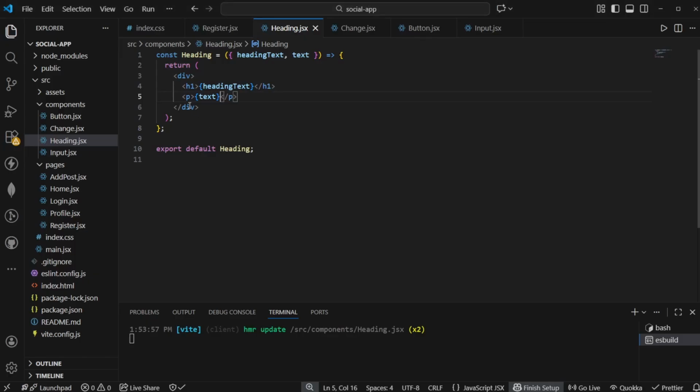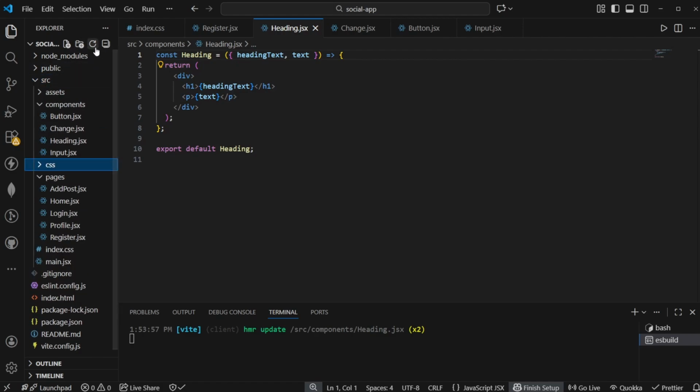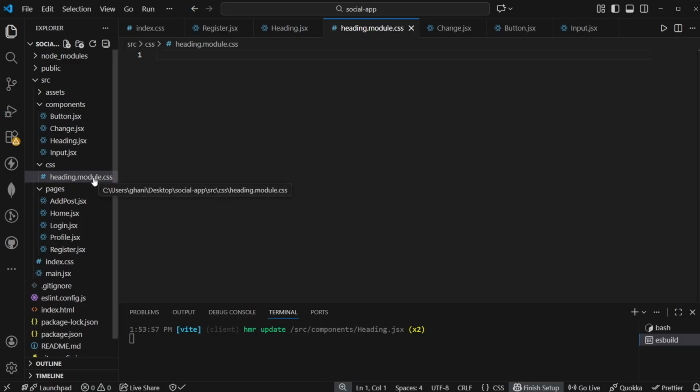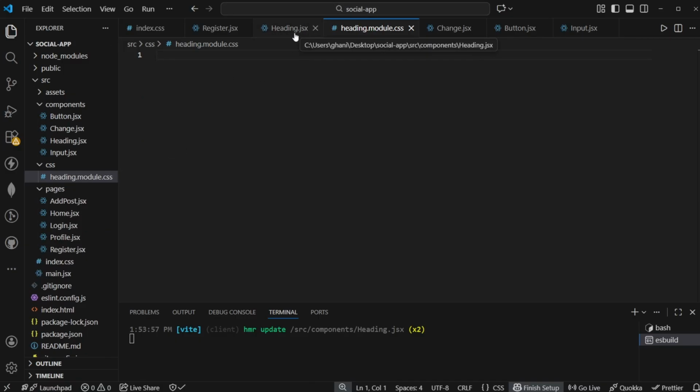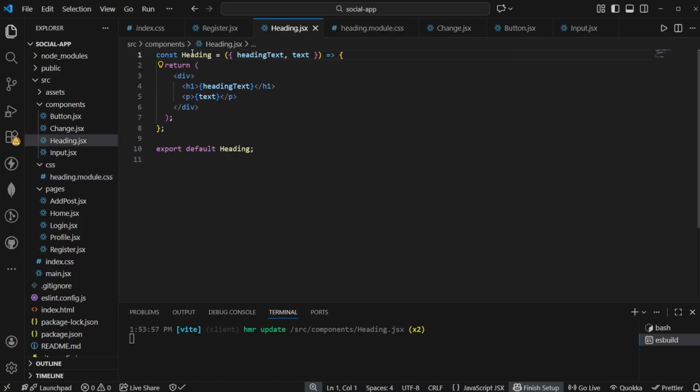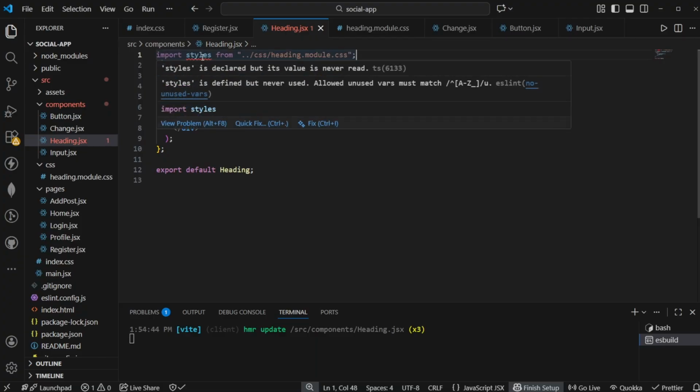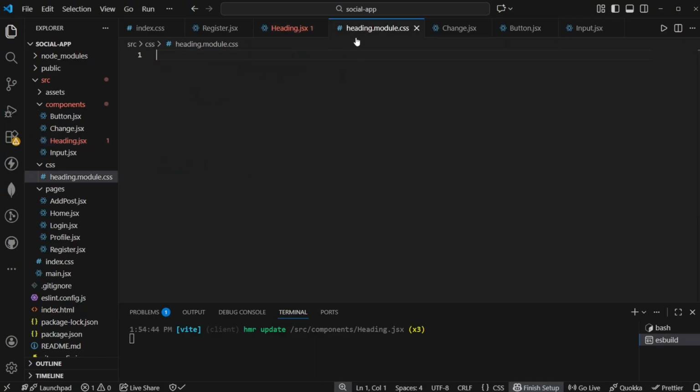Let's start by styling the heading first. So we're going to create a CSS folder. Inside of the CSS folder, let's have a heading.module.css. So this module will define the styles only for our heading.jsx. And we can access those styles within a styles object. So we can say import styles, which is going to be an object, from /css/heading.module.css. So this styles object will now hold all of the classes that we define within this heading.module.css,